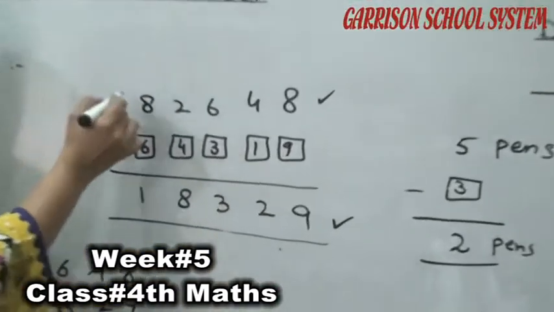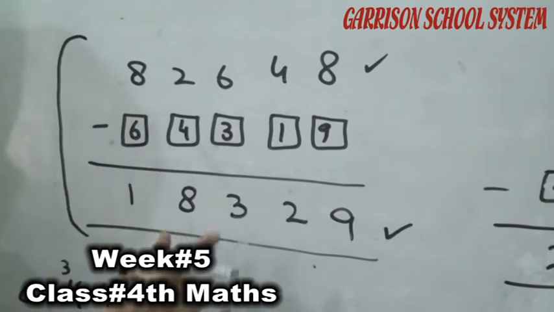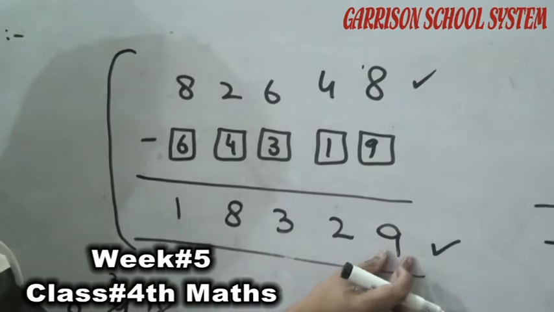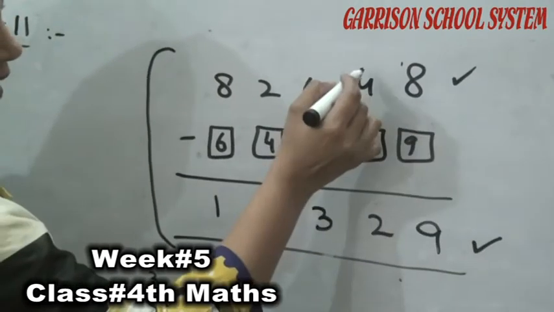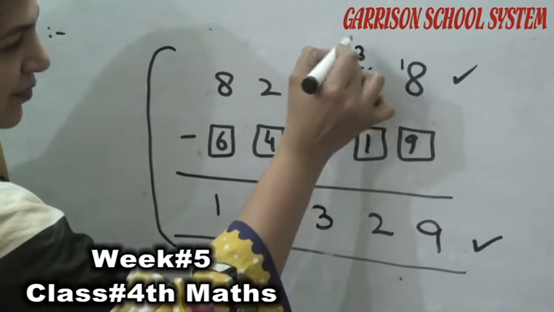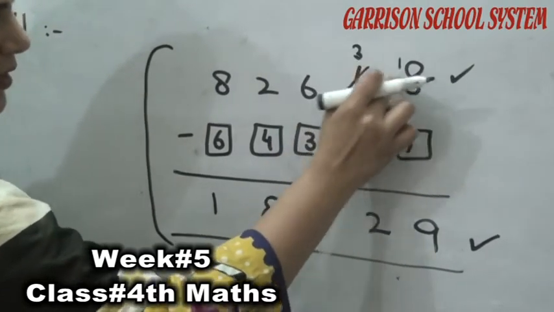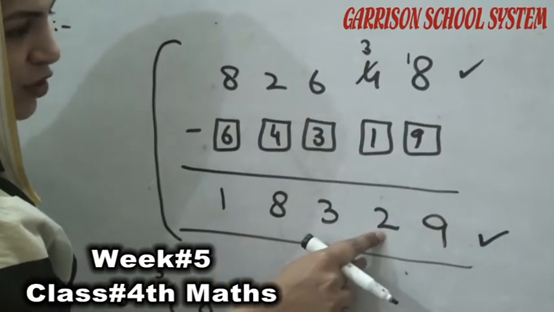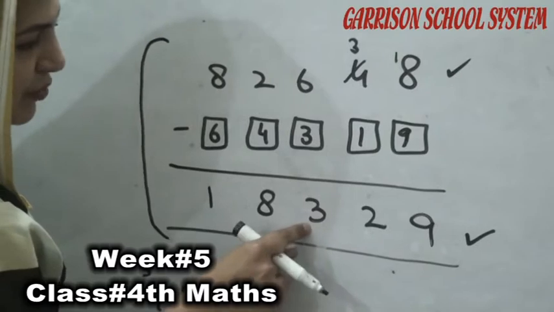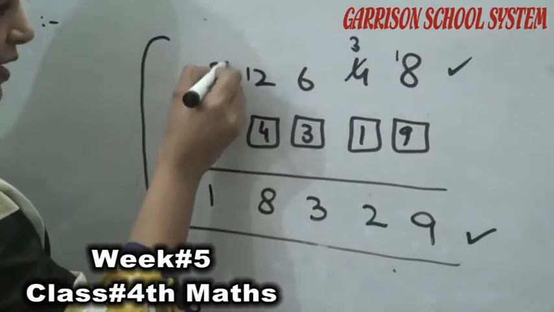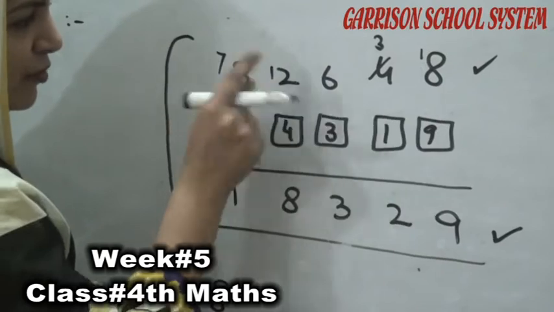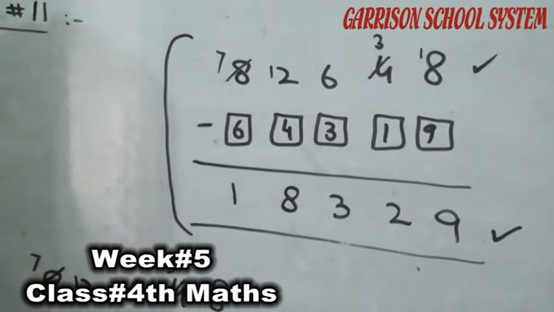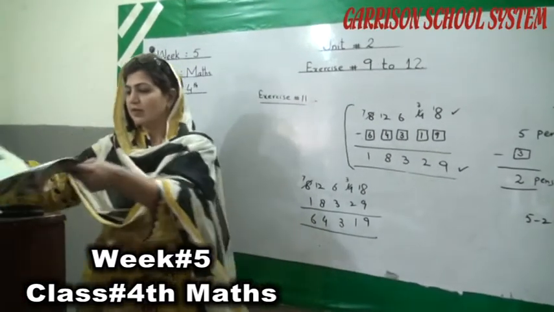So check whether our question is right or wrong. If I subtract 18 minus 9, is it 9? Yes, it will be 9. And if we take a carry here, so here will be 3, and 3 minus 1, we get 2. In this way, 6 minus 3, we get 3. Here 12, and here will be 7. 12, 4 from 12, 8, 7, 6 from 7, 1. So in this way, we have done this question correctly.